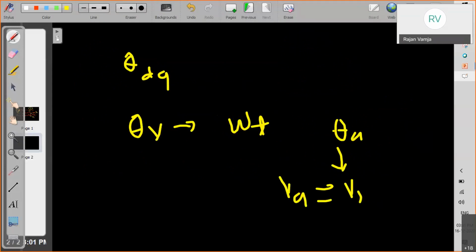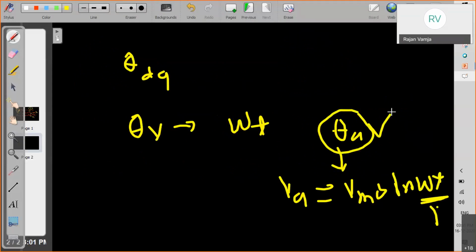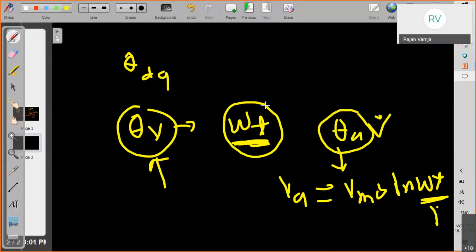VA is equal to Vm sin omega t, that is nothing but omega t. So our space vector is containing the information of grid angle. So now our task is theta dq, which is unknown. Right now we don't know the speed of the dq frame, at what speed we need to rotate this. So if I am taking some omega 1 frequency,